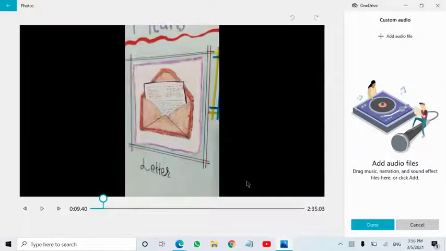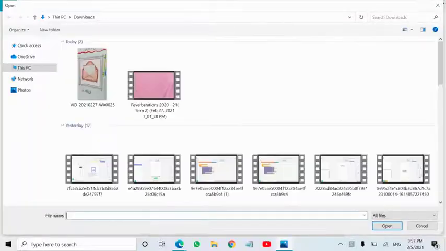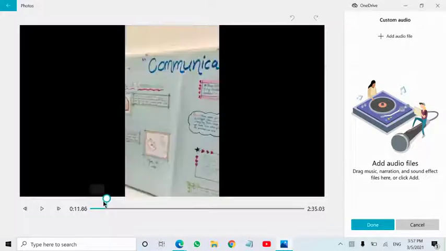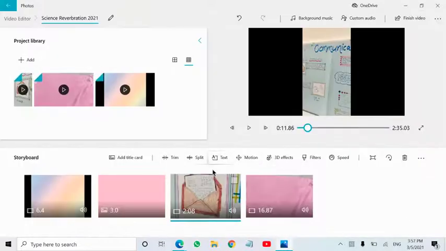Okay, so once when I was doing editing in one of my videos, I recorded an audio, sent it to my laptop, and from the laptop I added it here. Okay, and then it was done, and you can set the duration from where you want the audio to start and where you want it to end.